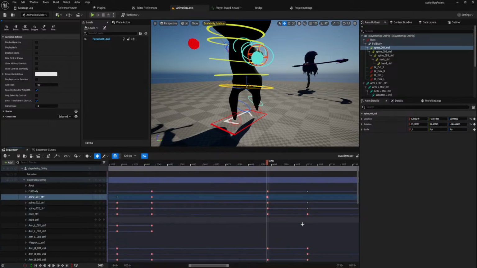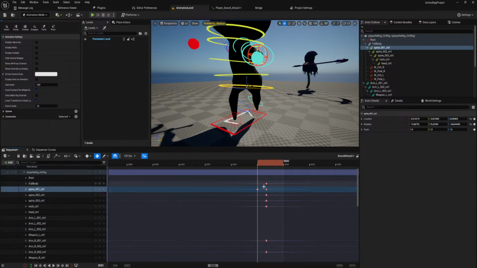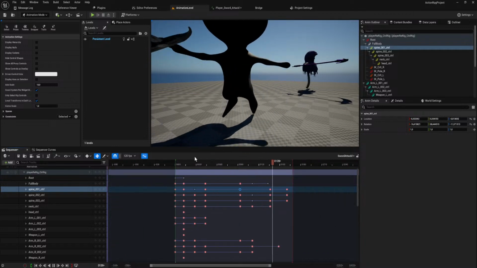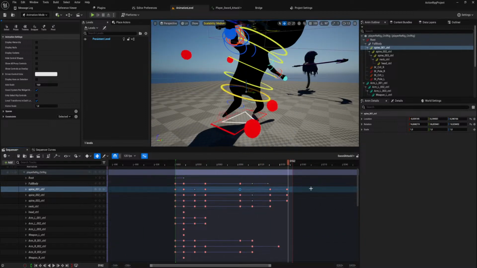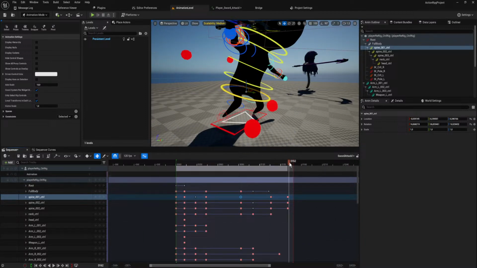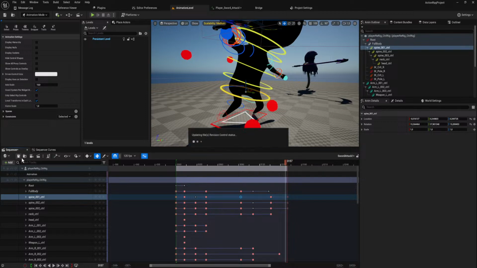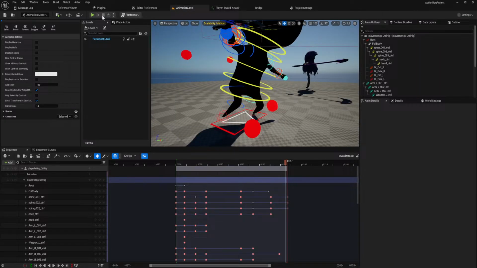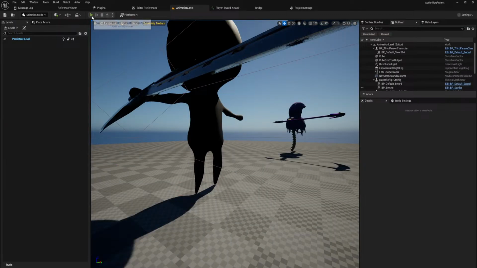And I just messed up some keyframes again, because why not? Yeah, the issue was with the knee getting all the way extended, I think. Animation still sucks. I'm not gonna lie, it still sucks.